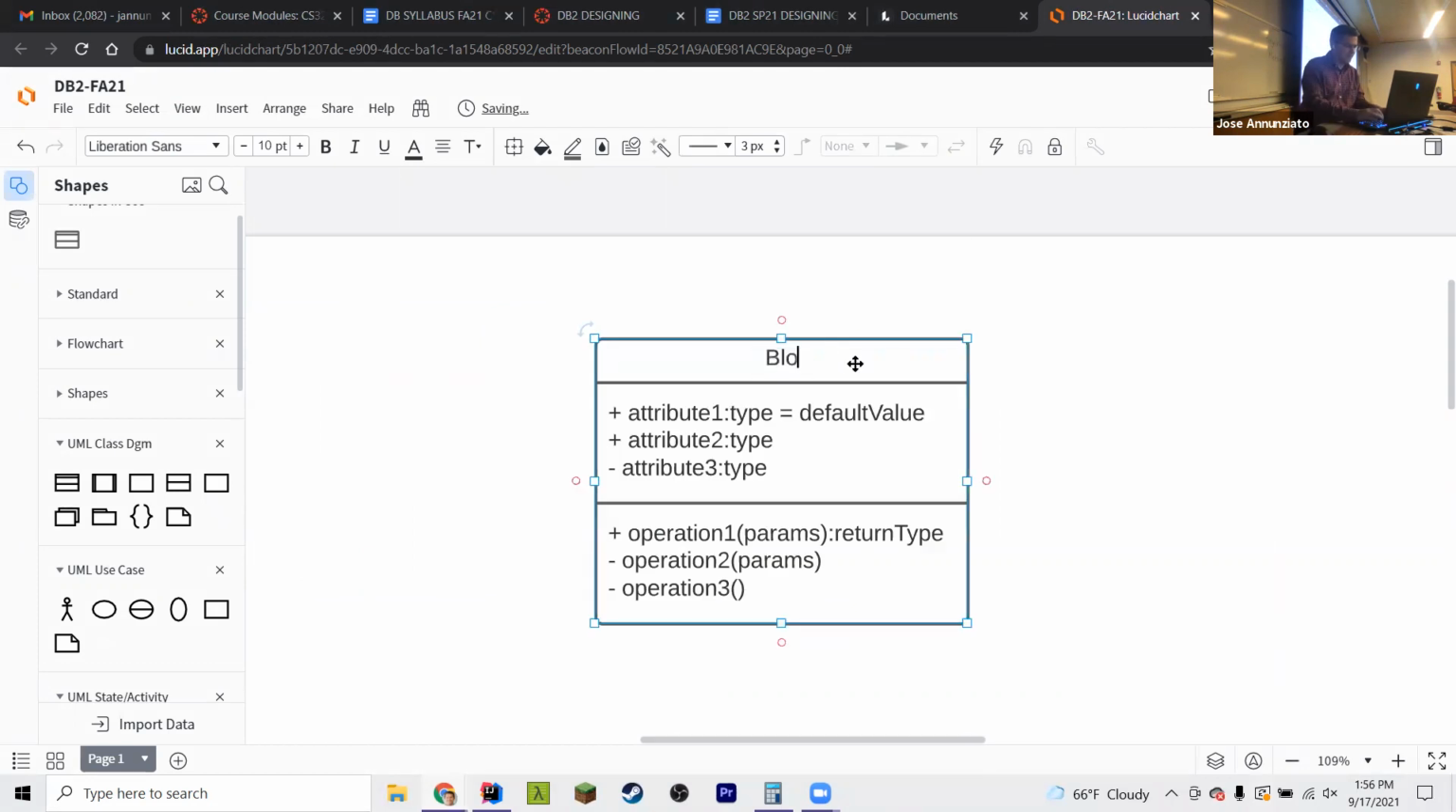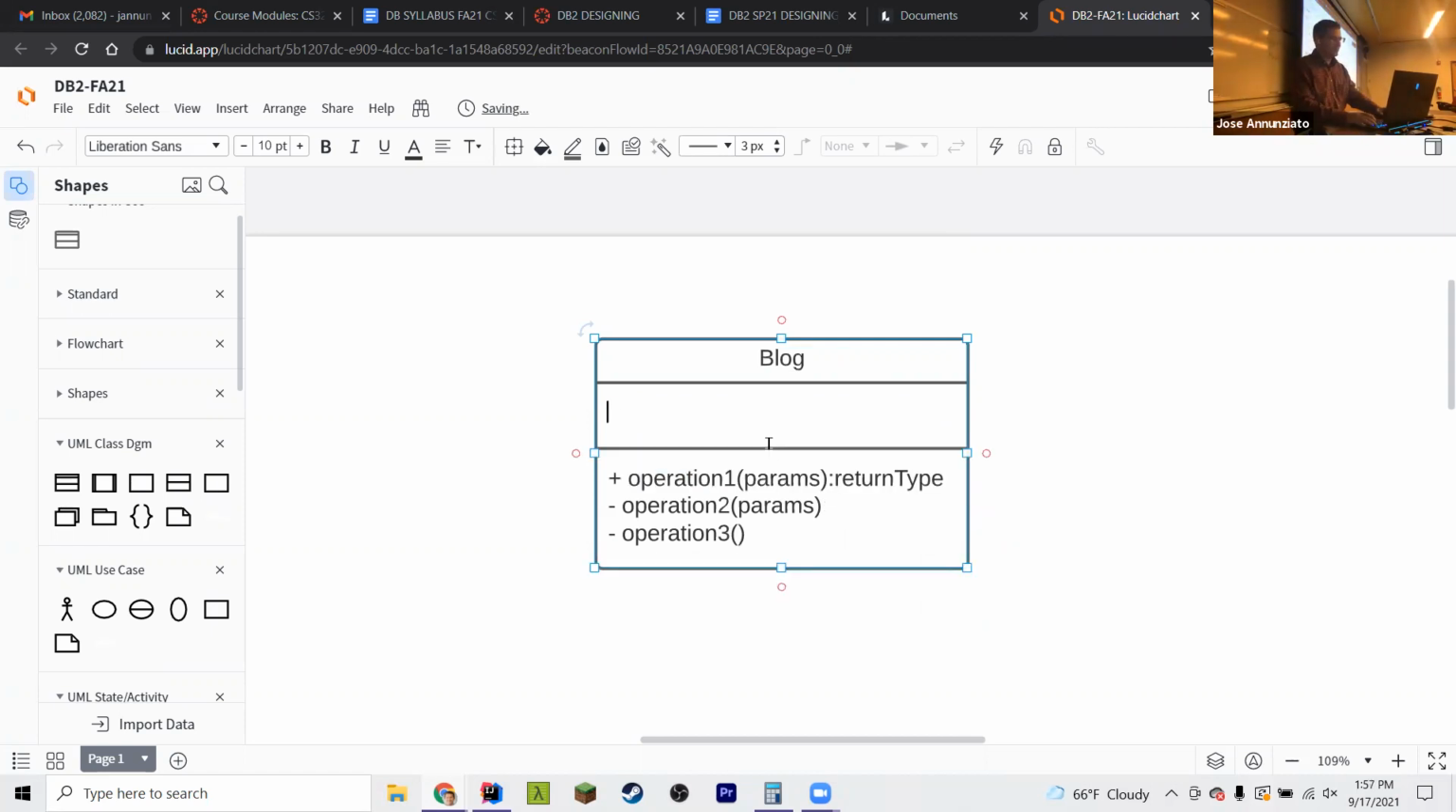When I say blog, these are the attributes that I'm going to be using. Especially if we're implementing this in an object-oriented language, typically attributes are defined as private, right? That's a good practice. Attributes or properties are defined as private. That's why we go with the minus sign, and we go with the name of the blog, and then this